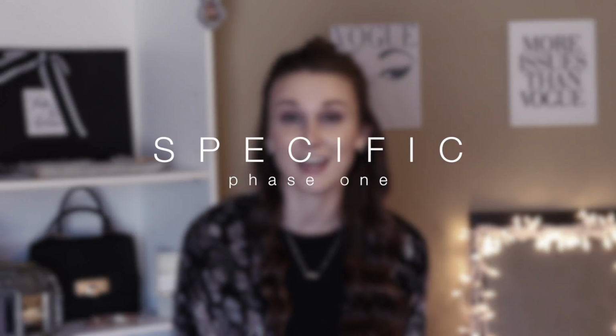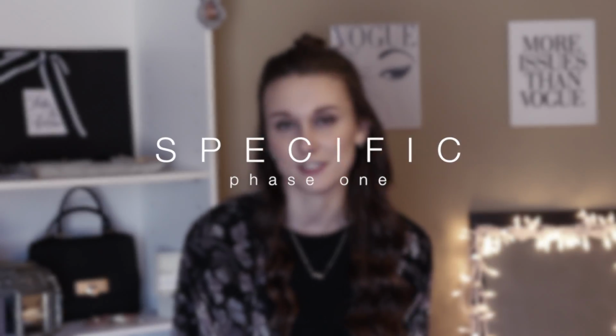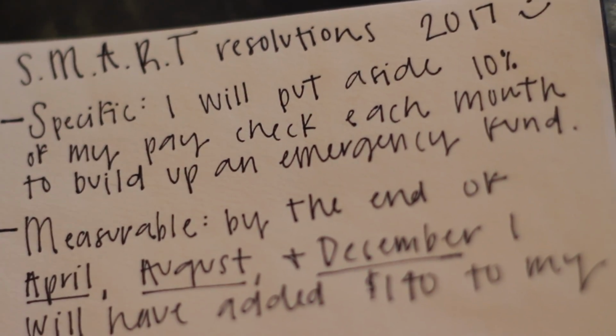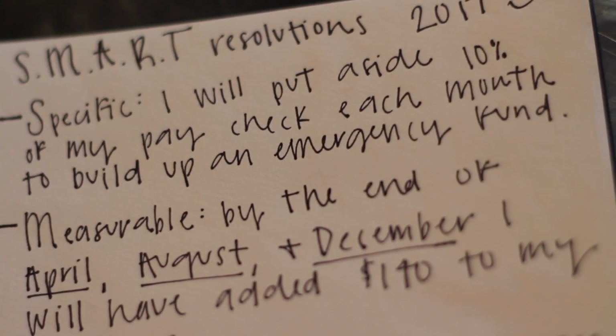So the first step in having a SMART resolution is to be specific. So in about 1 or 2 sentences, you want to write down exactly what your resolution is and a broad definition of what you're going to do to achieve it. My resolution is to build up a savings for myself. So under my specific section, I wrote, I will put aside 10% of my paycheck each month to build an